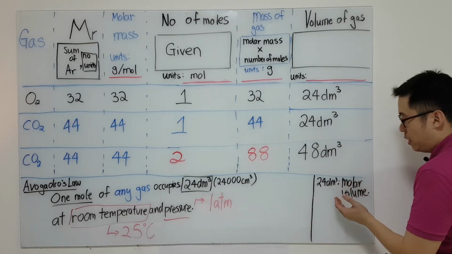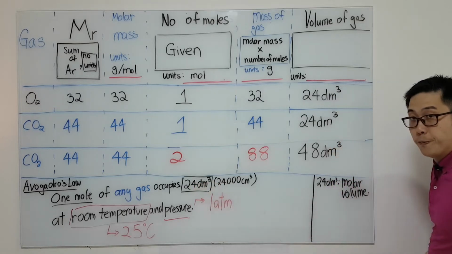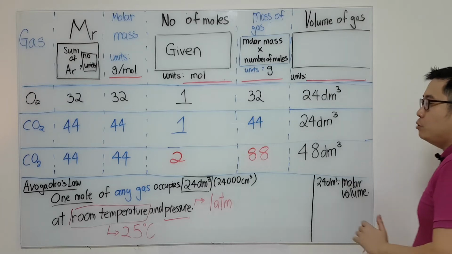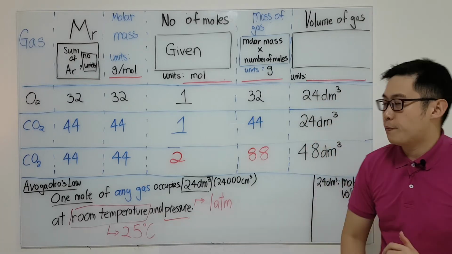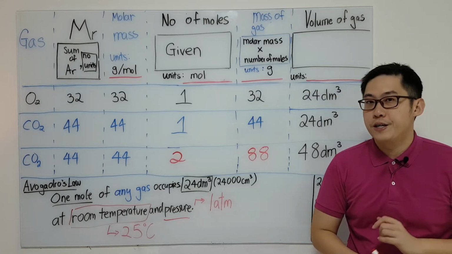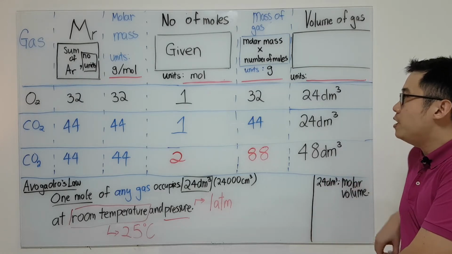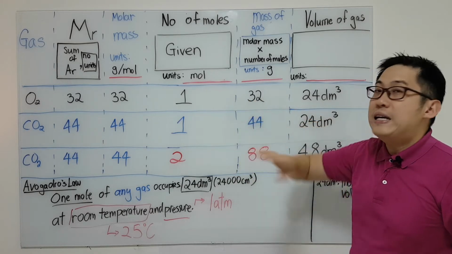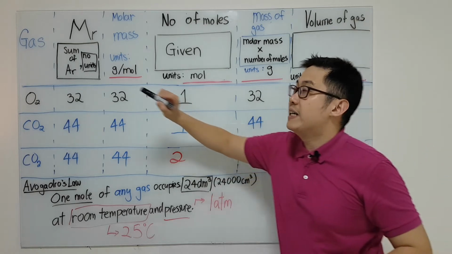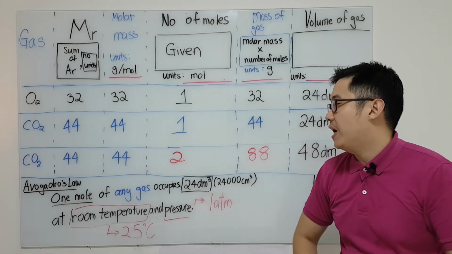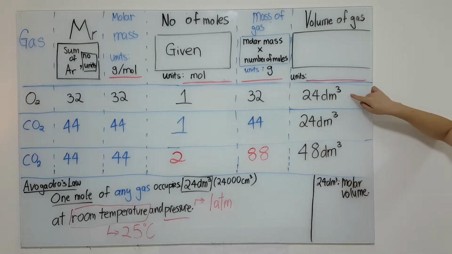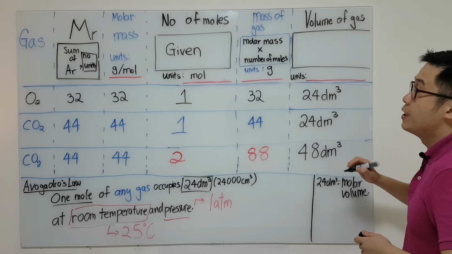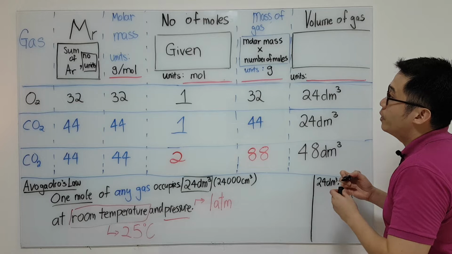Okay, so molar volume is 24 dm cubed at room temperature and pressure. Which means that if I were to change the temperature or the pressure, this volume would be different. As long as I have the same number of moles, regardless of whatever the gas is, as long as they are at room temperature and pressure, they are going to be 24 dm cubed. So the volume of gas, students, is just simply going to be